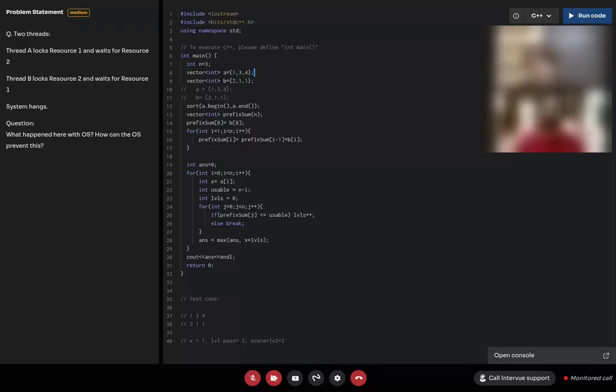Thread waits for resource 1. Okay. So what can the OS do here? We can probably use spin locks. Sorry.